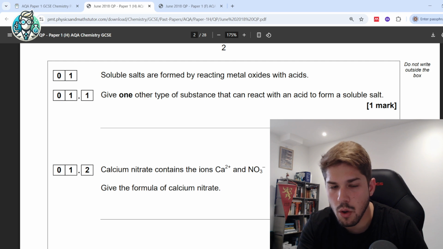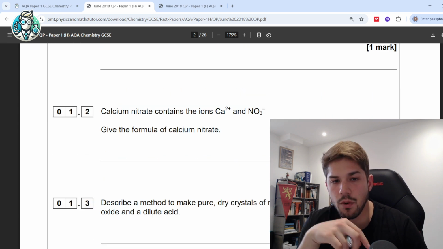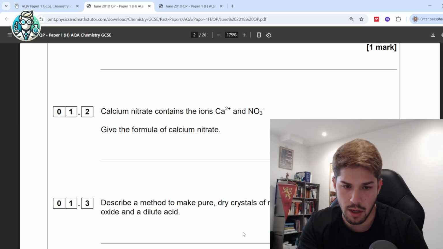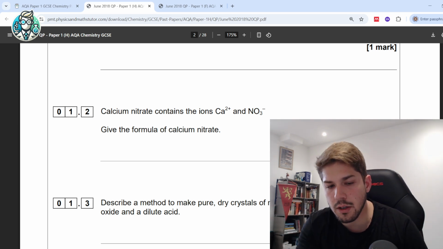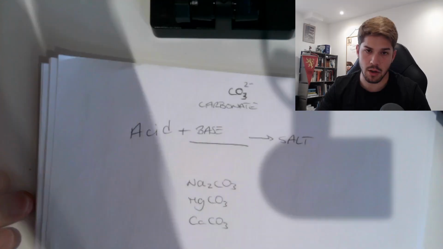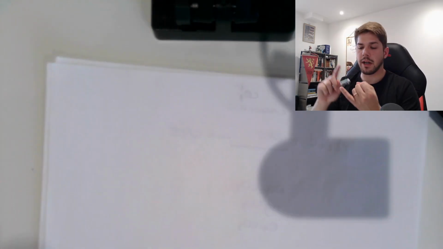So, question number 1.2. Give the formula of calcium nitrate. Okay. For those who are not very into the periodic table, you probably know that calcium is in group 2 of the periodic table. It's in group 2. So it is beryllium, calcium, strontium, barium, and radium. Okay? All right? So calcium,